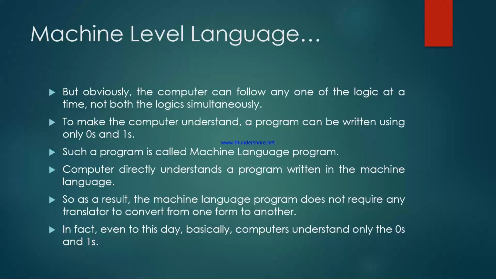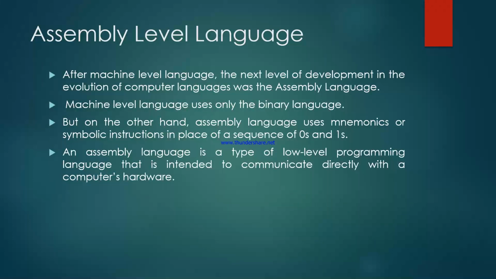In fact, even to this day, the computer understands only zeros and ones. But the problem with the machine level language is that it is very difficult for human beings to read. The next level of computer languages is the assembly level language,